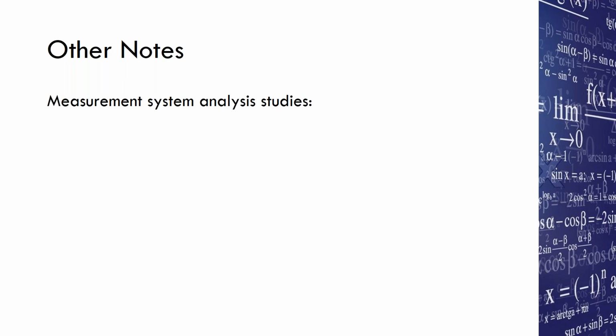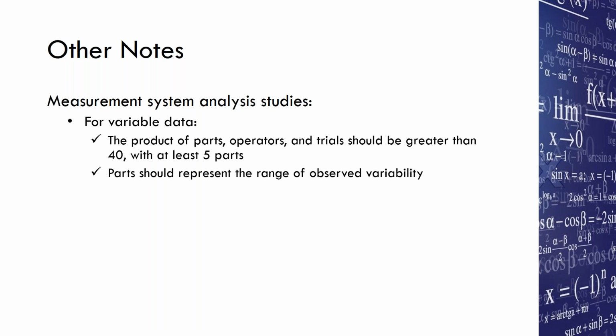There are a couple of other notes that I want to get into before I start talking specifically about setting up and helpful hints for an attribute gauge R&R or an attribute agreement analysis. The first is that if you're collecting variable data and you're running a variable gauge R&R, if I take the product of the parts, operators, and trials, that product should be greater than 40 with at least 5 parts represented